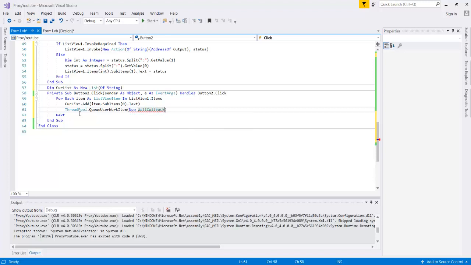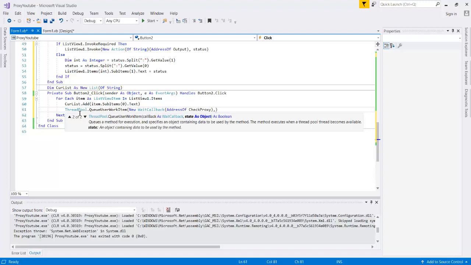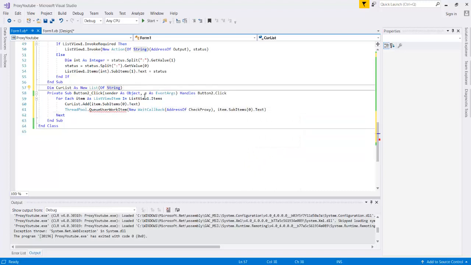So we call back address of, and then through this we're going to be using the check proxy sub, and as a parameter we're going to be passing item.subitem 0.text. So essentially it